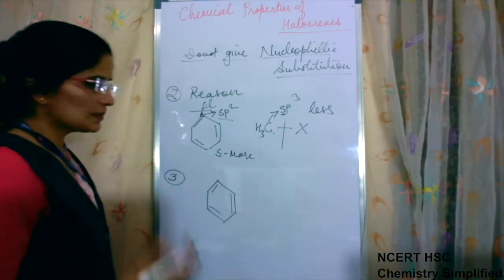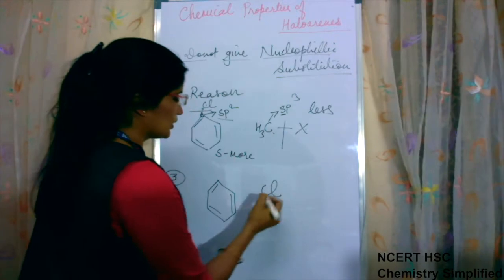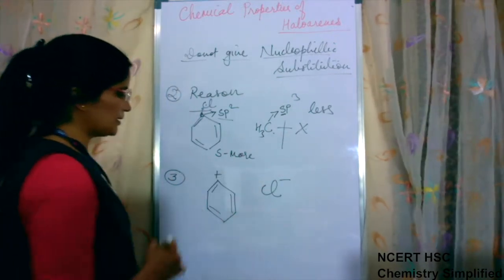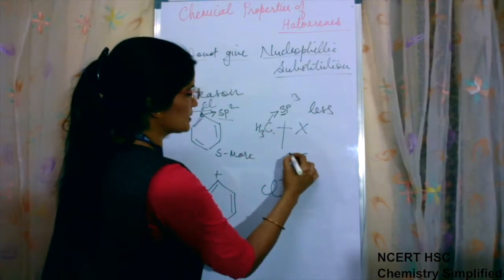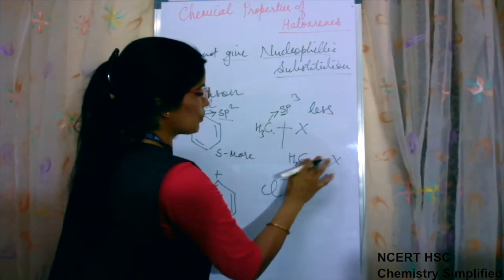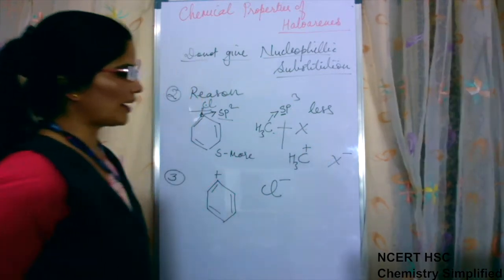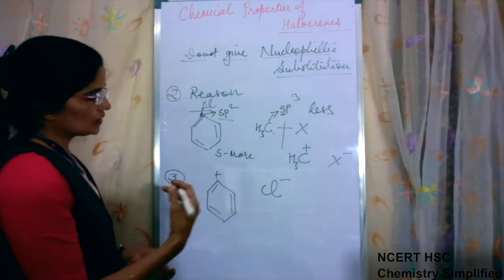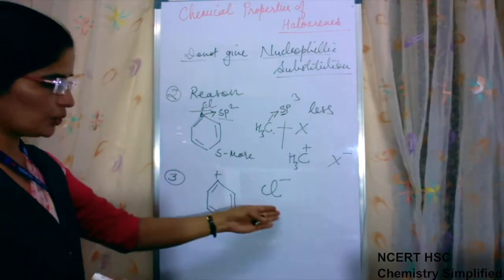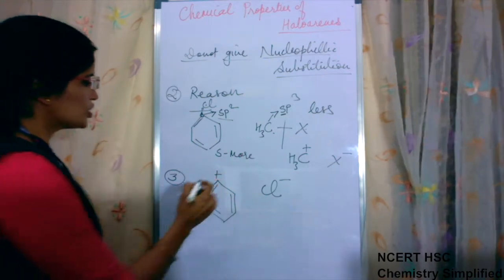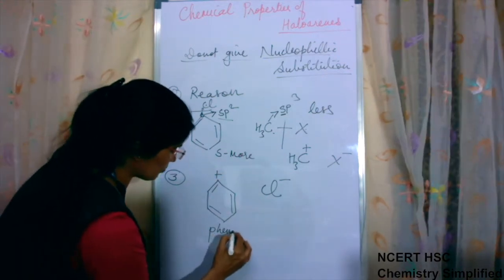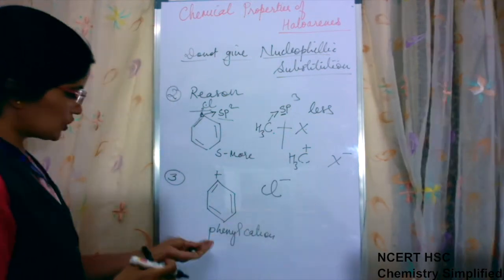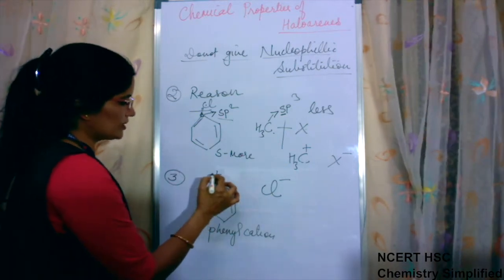Third reason, suppose chlorine has been removed, separated from it. Now what will be left will be a positive sign. What happens in CH3X is, this bond breaks, then chlorine acquires negative and carbon acquires positive charge. It becomes a carbocation. Then only a nucleophile can come and attach here. So suppose a phenyl cation is formed. This is a phenyl cation, this is a carbocation. Okay. So suppose it cleaves and a carbocation is formed.